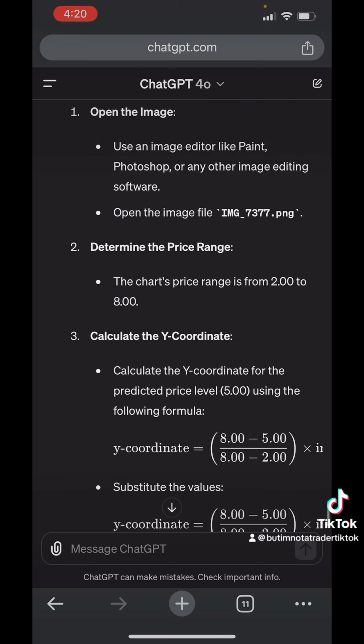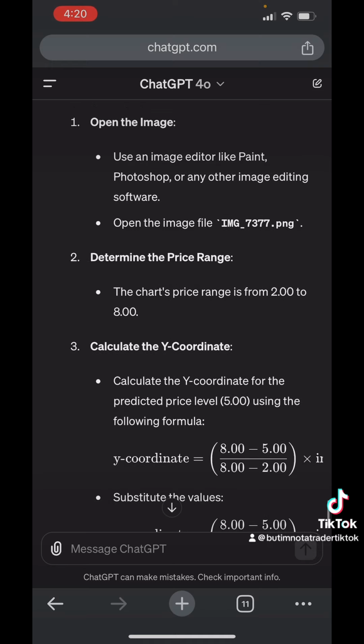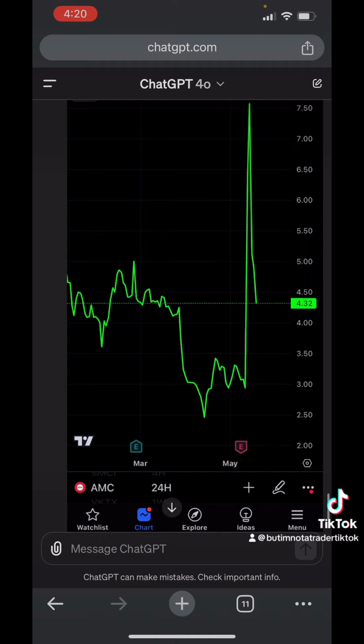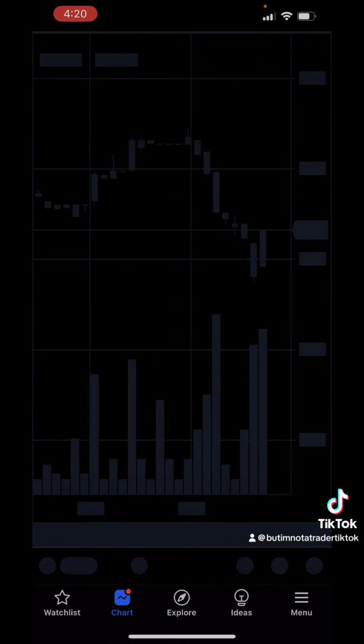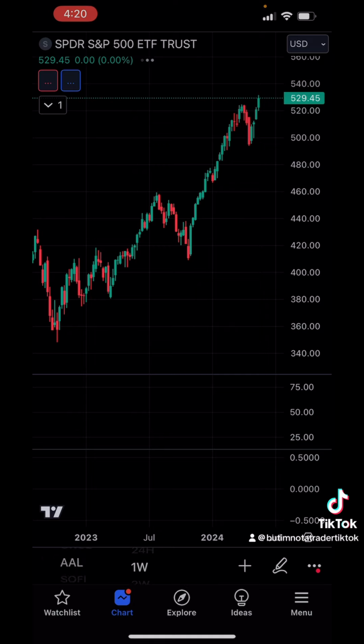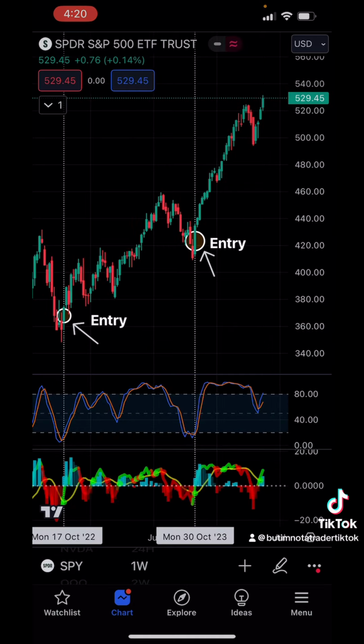And again, this is where the image recognition Python script that I gave it comes into play, right? It is determining that the chart price range is from $2 to $8, right? So it does understand, from the program that I feed it, through the image recognition, that it is a price between like $2 and $8, which you guys can see on the screen here, right? But not only do I actually use this as a bias,